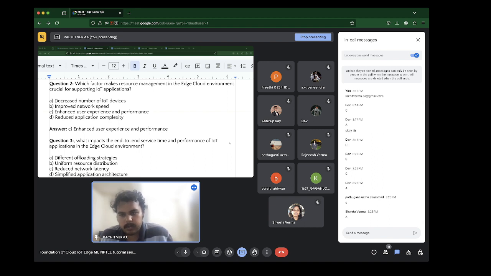So primarily, if you look at what has been taught, A and C have been taught to you. So A and C would be the most appropriate answers.